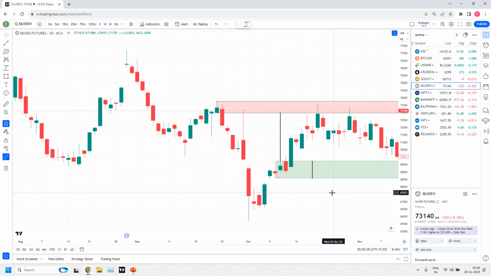So how do you calculate the risk? Because this is a demand zone, it is the difference between the proximal line and the distal line. In this example, to minimize the risk, we have taken type 2 entry. What is the type 2 proximal line? The highest body of these base candles. We have 3 base candles. Which base candle has the highest body? The third one has the highest body. So what is this value? The proximal line value is